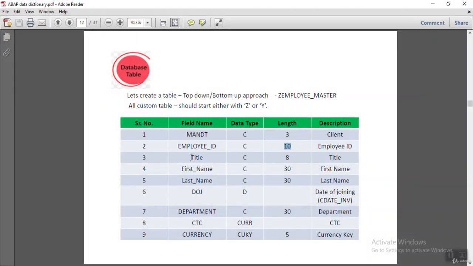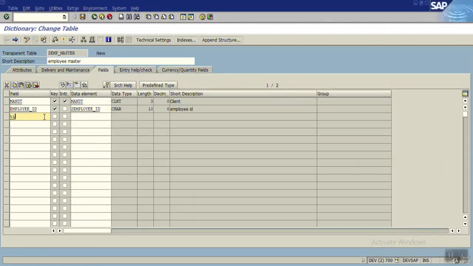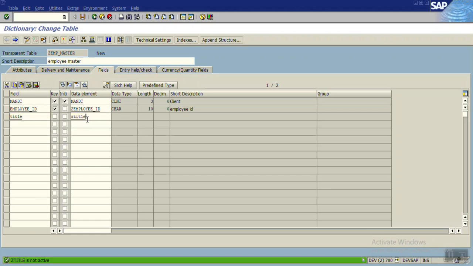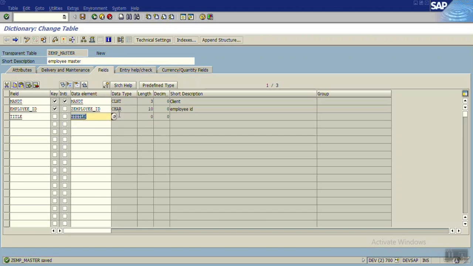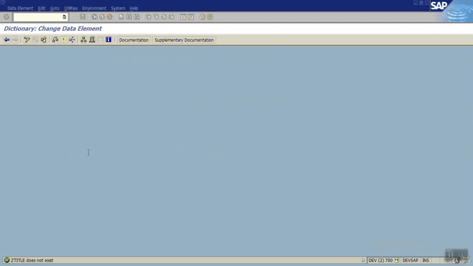Next I will create a title with the type char and length 8. Let's say title like Mr., Mrs., etc. And this will not be the key field, because in every company the employee ID is a unique field. So let's create a custom field data element with Z title. It is not active. Again with the same concept, double click here, create data element, yes,